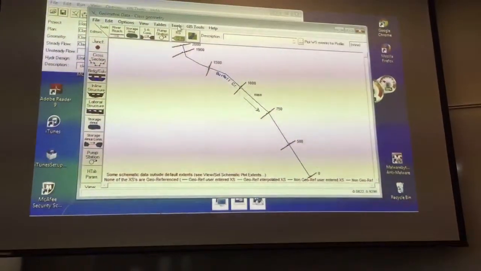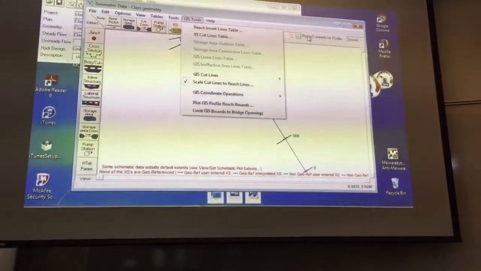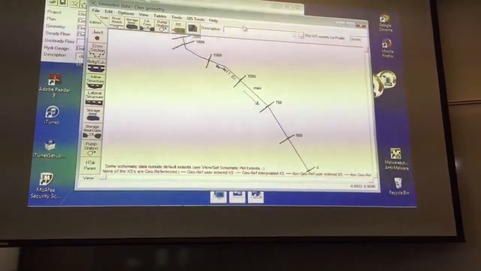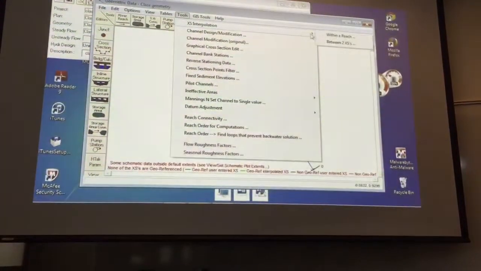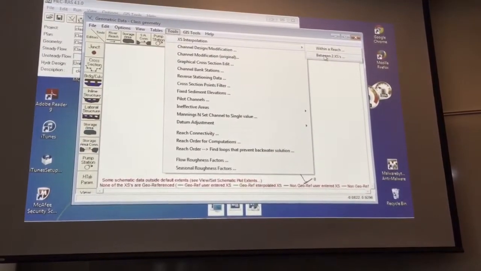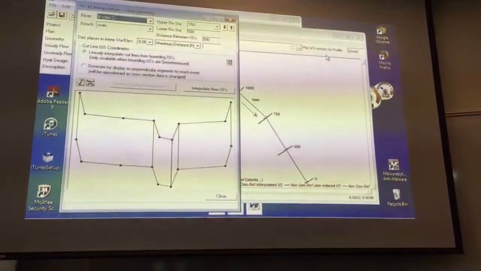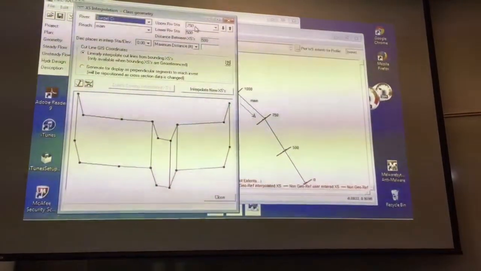Okay. Yep. Cross-section interpolation. So between two cross sections, let's say. Okay, let's just do it between